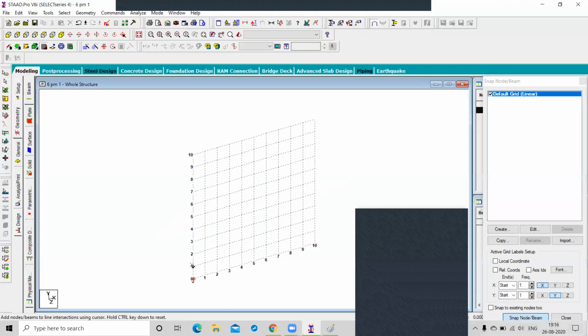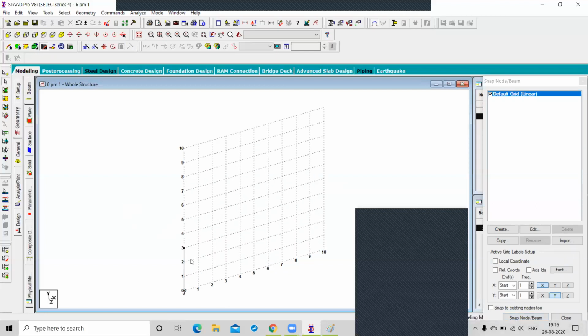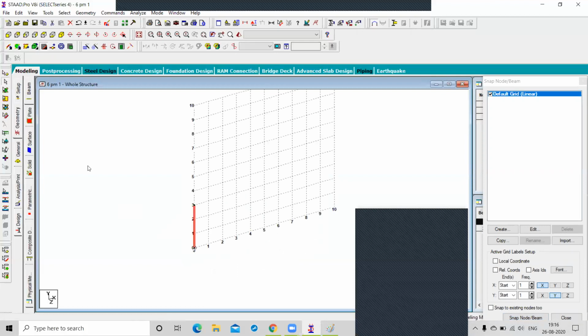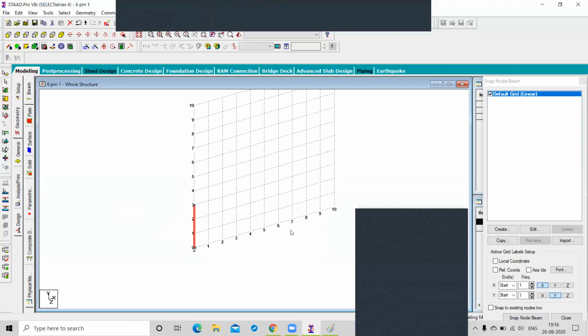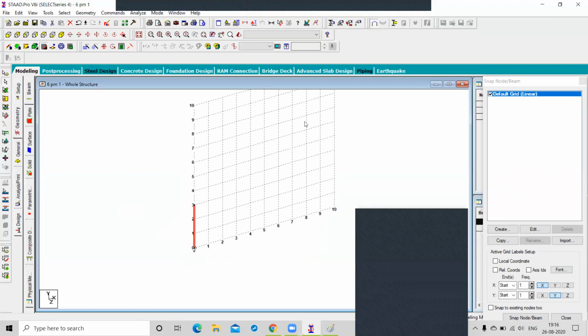Now you can draw a 3 meter beam. This is your 3 meter beam. Remember that the beams in the block figure are created at regular intervals.